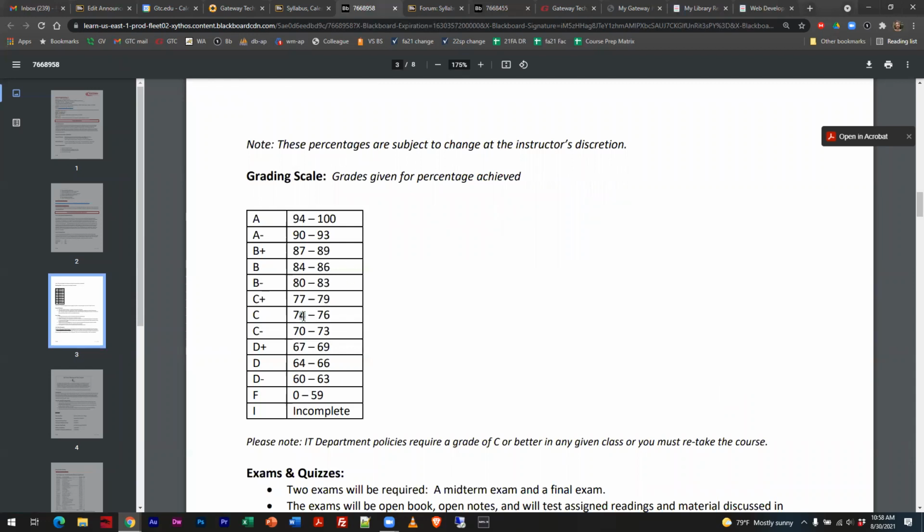You do have to get a C or better in order for this course to count in your degree program. That's 74 points. I usually do kind of an audit as we get towards the end of the course. So if you guys are maybe at risk of not passing, I will send out emails and contact you and tell you that you need to do something because you're not going to reach the points and pass. Let's talk. Conversely, if you have something going on in your life that's throwing you off course, let me know. I can cut you some slack.